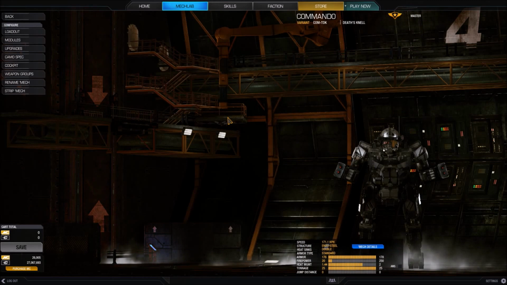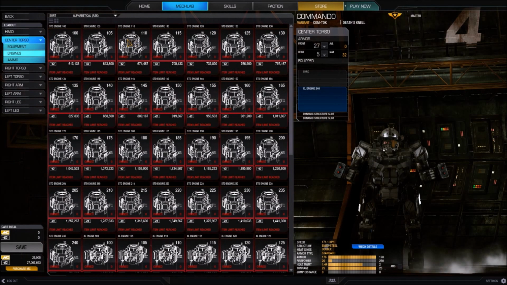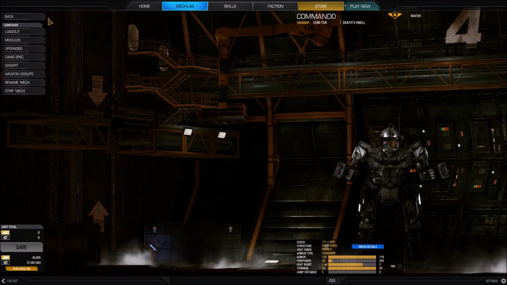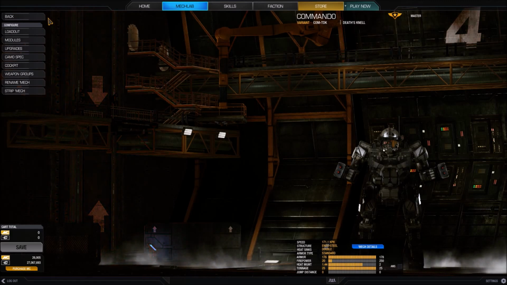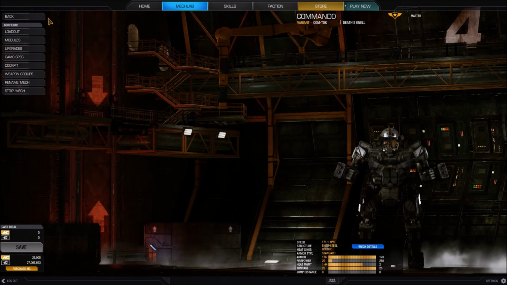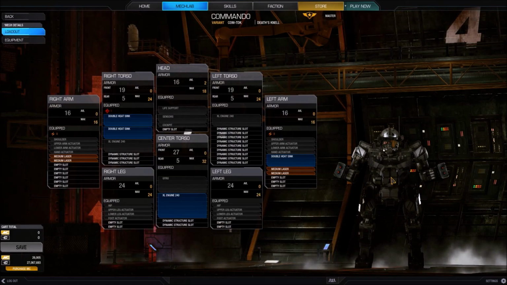Now, I do want to preface this by saying that I am just giving you ideas. This is definitely not the end-all, be-all of how to equip this BattleMech. If you find something that works better for you, please feel free to use it. I'm just trying to give you an idea if you're not familiar with the chassis or struggling with it. So I'm going to click on the Mech Details tab here, and that'll give us a look at the entire BattleMech. So what I've done is I've gone full armor